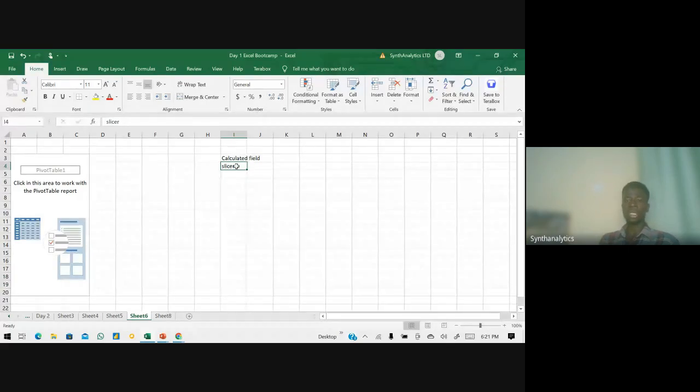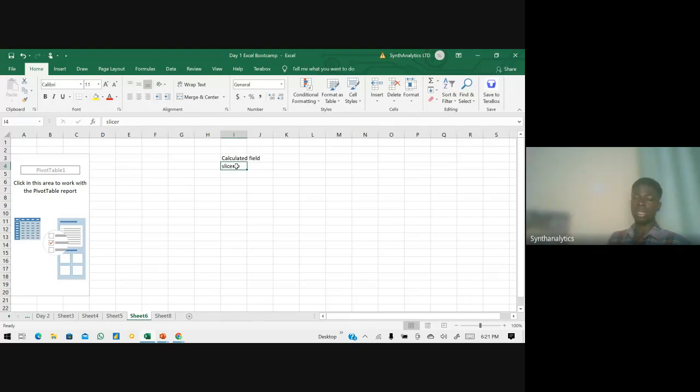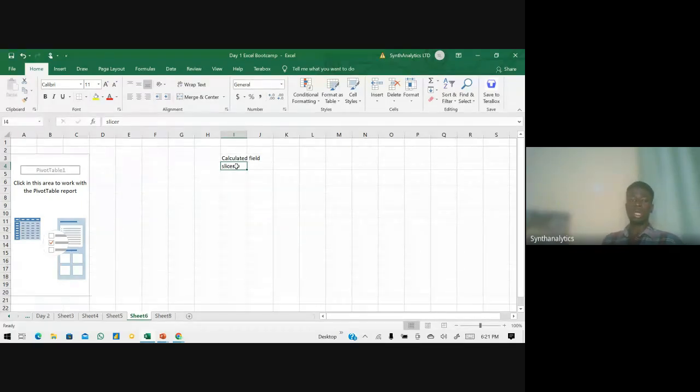I mentioned these three because these are the three common data visualization tools. At Analytics, we train on Excel, we train on Power BI, and we train on SQL. Although by next year, our expansion plan has to do with training on Tableau and also R programming and Python, the programming languages. That will start next year, it's not starting now.